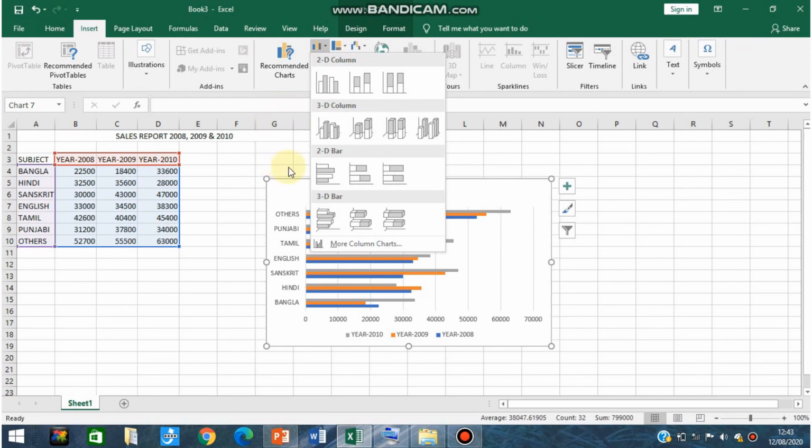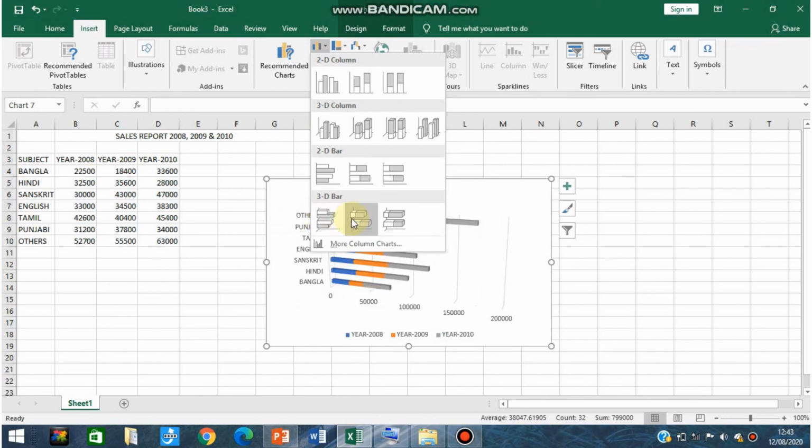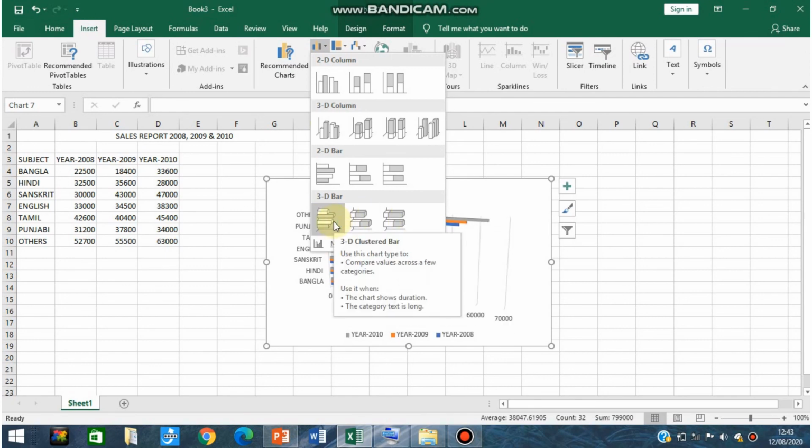This is the bar chart. The 2D bar chart we have already seen. Now we will see the 3D bar chart. From the 3D bar chart, select whichever form you want. Here I can click on the first option, or the second option, or the third option depending upon my choice.